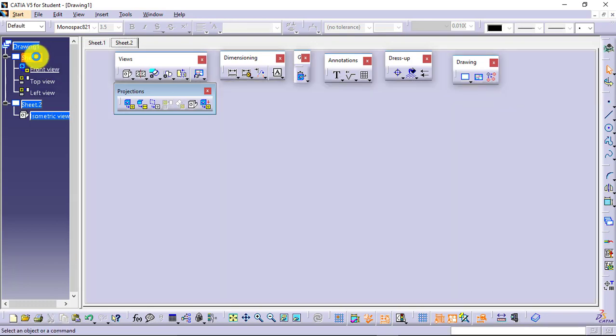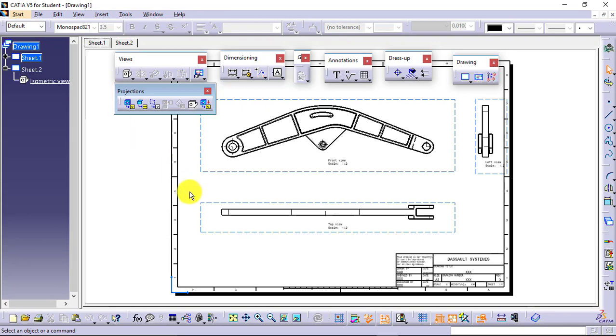Then I'll move to the first sheet. In the first sheet I'll select one view, then the generate dimension toolbar and the generate dimension tool will get activated.